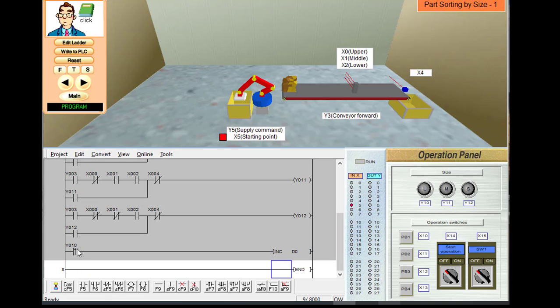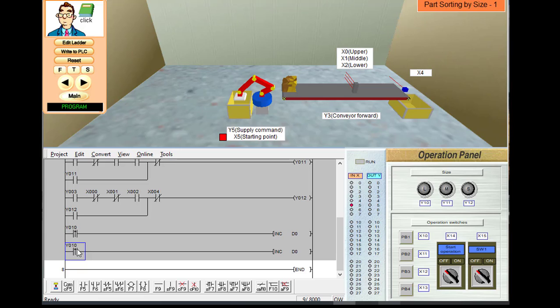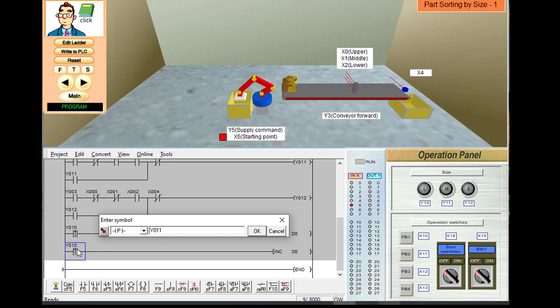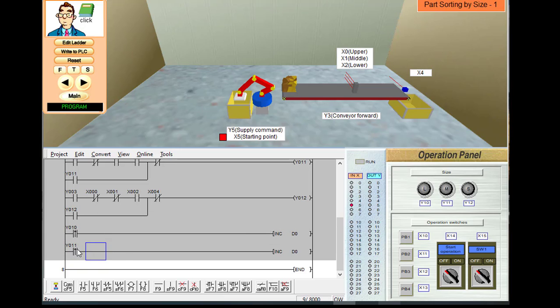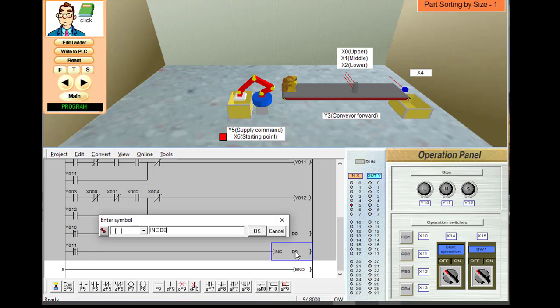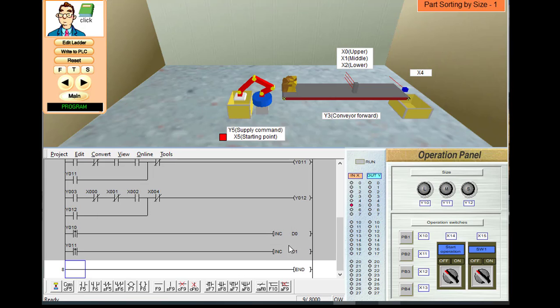D0 data register indicates the number of large parts. If it is Y11, that part is medium size, and we have to increment the value of data register D1. D1 indicates the number of medium parts on the conveyor.